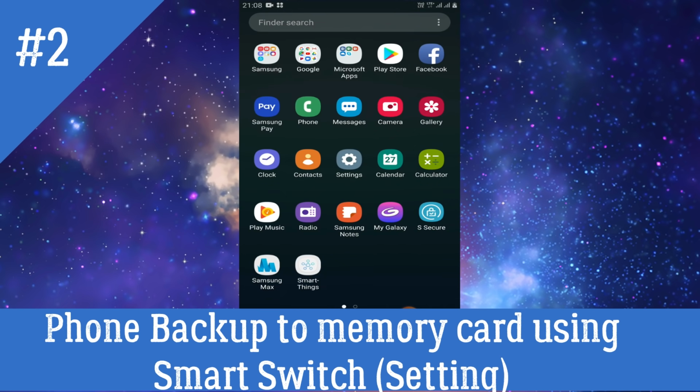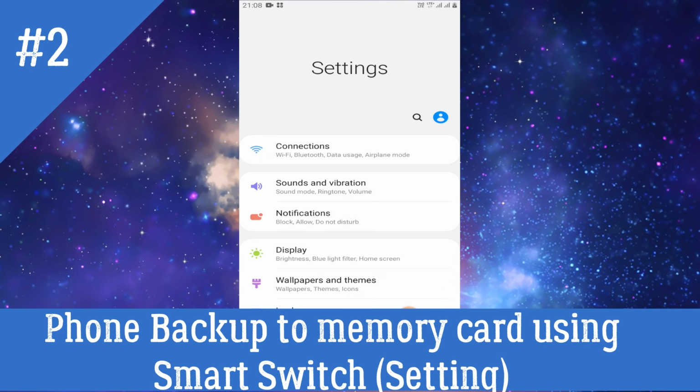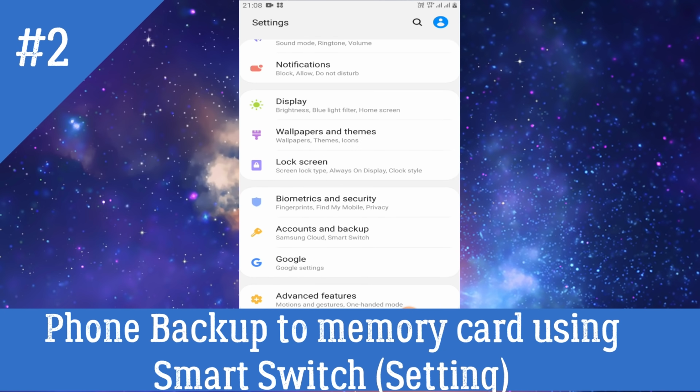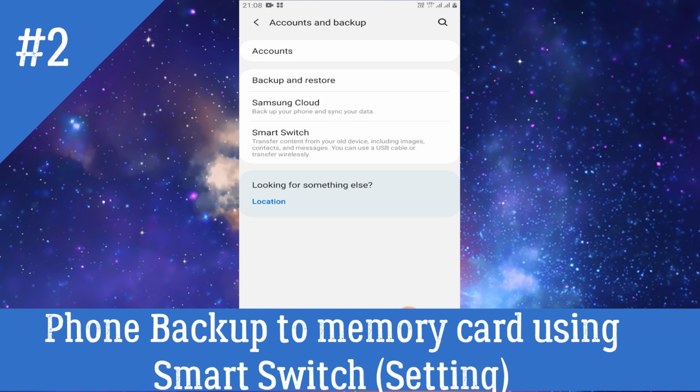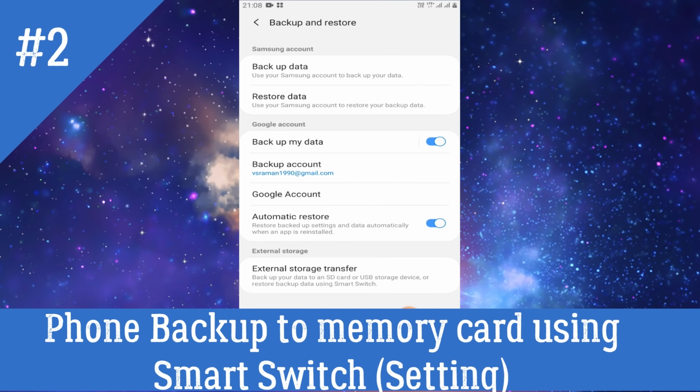You can just go to settings, then go to account and backup. Since it is a Samsung mobile, it has options like Samsung Cloud and all. Now we will check only how to take backup in a normal Android mobile, backup and restore. And the last option you can see is external storage transfer.